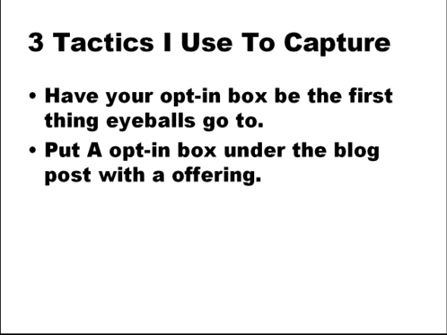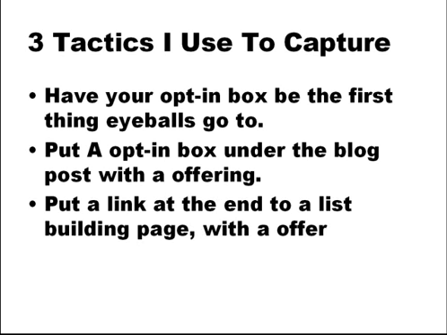You know, instead of something random like "get my free course on such and such" that has nothing to do with the blog post they just read, the other thing I've actually tested that has worked extremely well is to put a link at the end of my blog post that links to a list building page with an offer. If you have an opt-in box, then you put a line in bold that says, "Get your free 7-day course here, just click here," and you put that after your opt-in box.